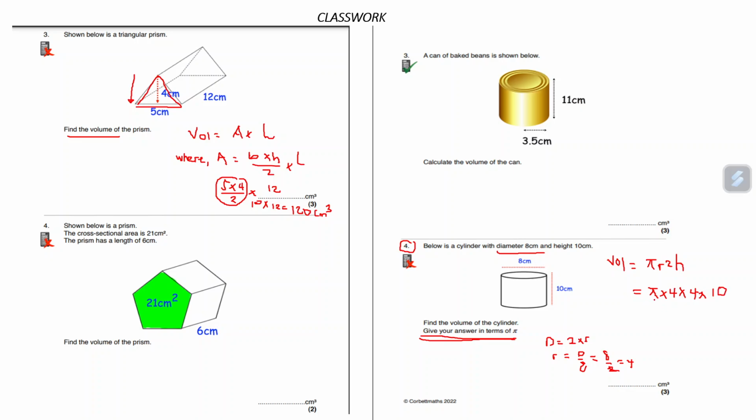I'm not given the value for pi. Remember, our pi is 3.142. But based on the question, we are told to give our answers in terms of pi. Therefore, you are not giving a value for pi. You maintain the symbol. So we still maintain pi, times 4 times 4, 16. 16 times 10 is 160. Our final answer becomes 160 pi